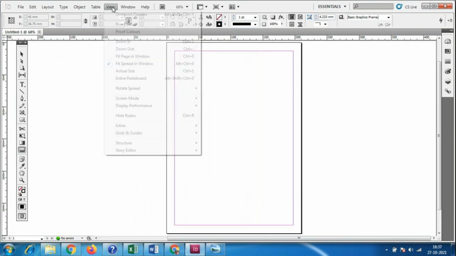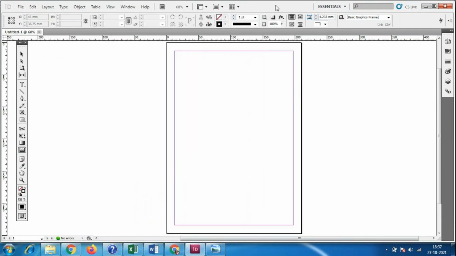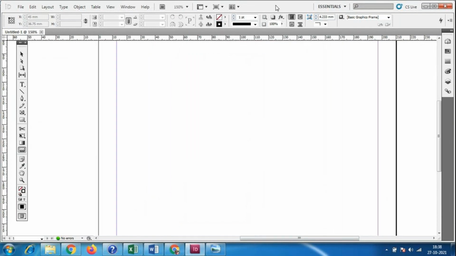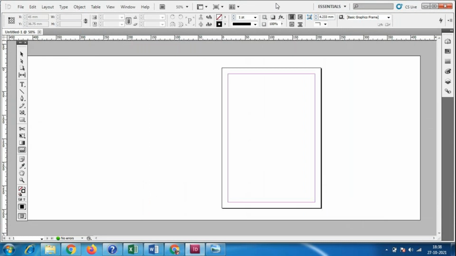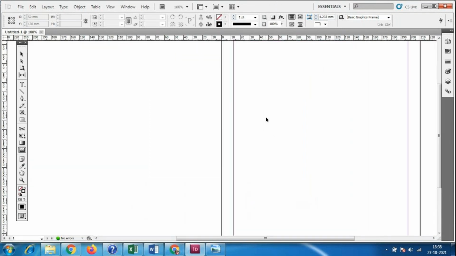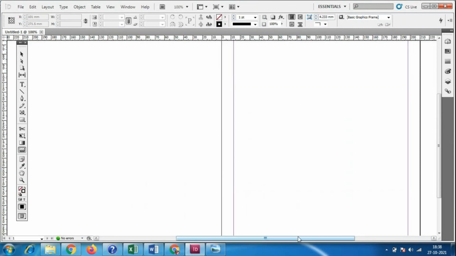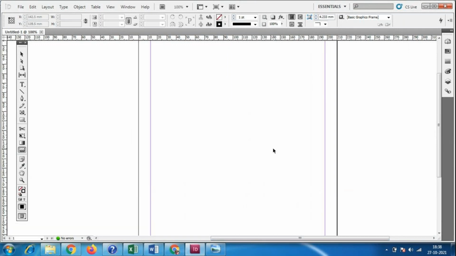Then View. For anything you have to zoom in and zoom out, some of the shortcuts which are not visible, let me check. Control plus is zoom in, control minus is zoom out, so you already know control plus and control minus. Otherwise you have the scroll mouse, which is not working, only up and down is working for this.